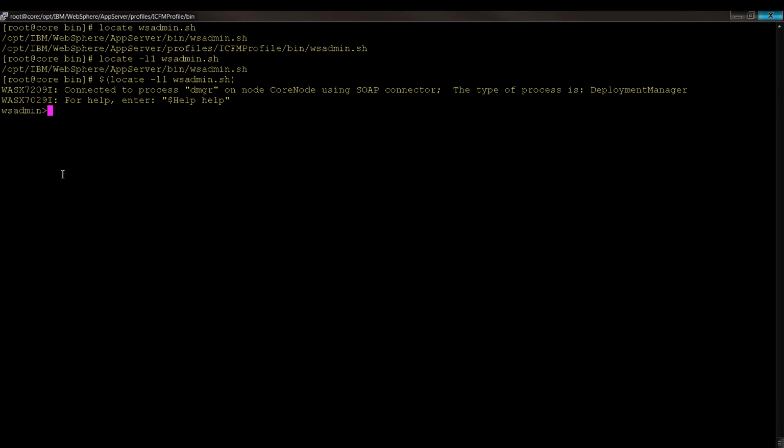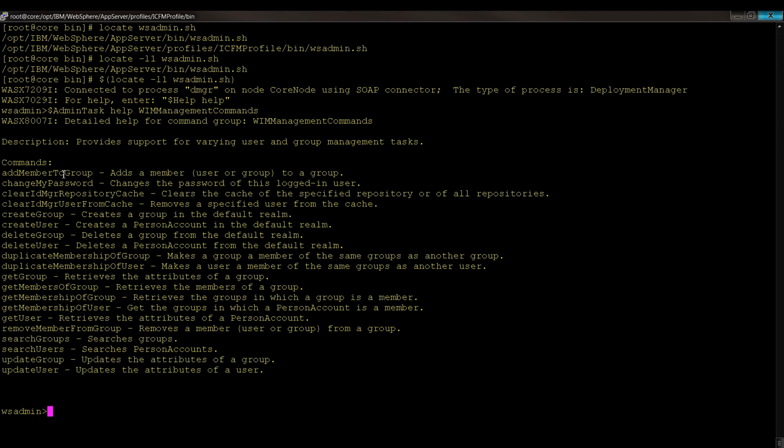And what we're going to do is enter this command, $AdminTask help WIMManagementCommands. And this will list out all the commands that you can issue for controlling your users and their groups. The problem with wsadmin is that if you hit the up arrow or the left arrow, that's not going to work in PuTTY. So it's often best to just copy and paste your commands directly in here so that you can edit them in some other editor. However, you can also do an echo, so you can echo out whatever your command is, and then pipe it